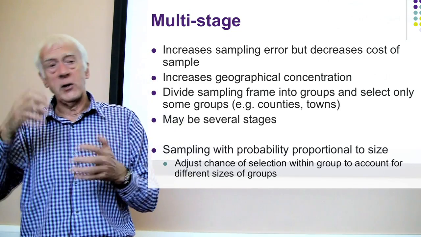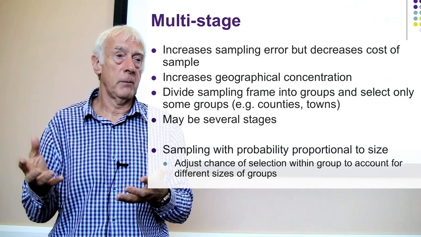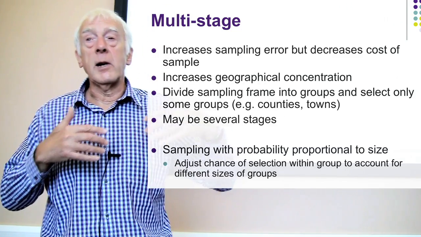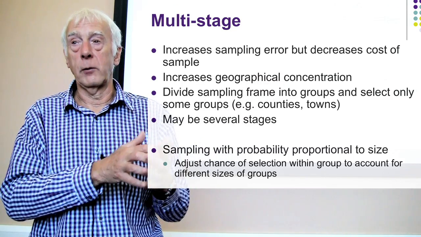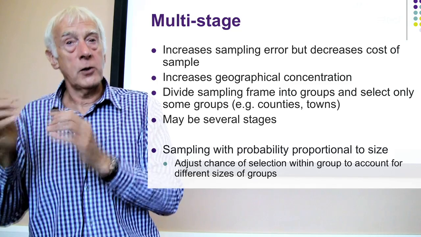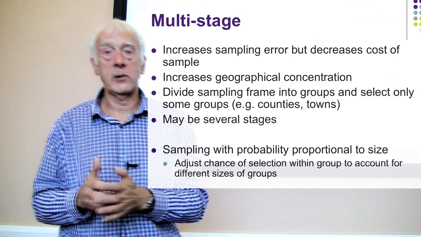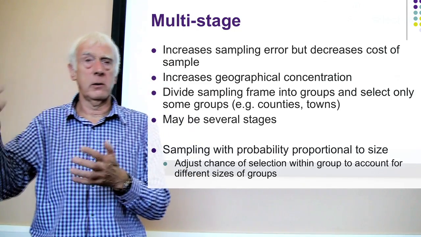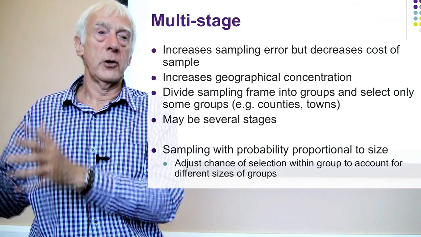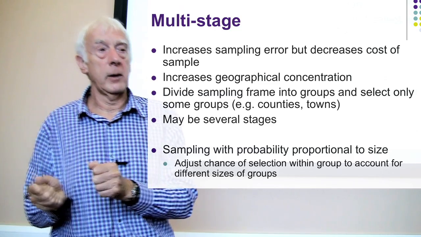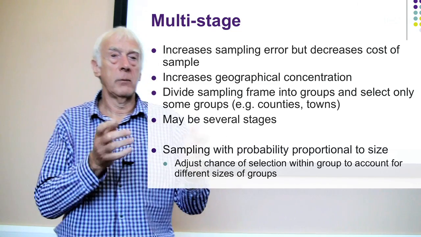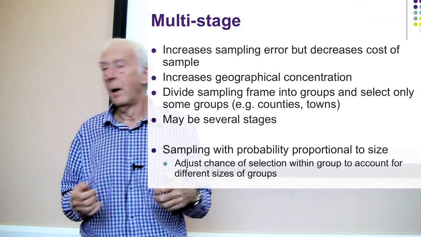And then within those counties, you might say, we're going to choose certain towns or other districts only, and some don't get chosen. So at each stage, you don't need a list of all the people. You need at the first stage just a list of all the counties. At the second stage, you only need a list of the towns and other districts for the counties you've chosen. So it's simpler to get hold of those lists. And then once you've chosen some towns, you might just look at certain streets. And again, you only need a list of the streets for the towns or districts that you've chosen. So it's easy to get hold of those things. You don't ever need a list of all the people in the whole country to do this kind of thing. You can make do with other kinds of sub-lists. So there can be several stages.